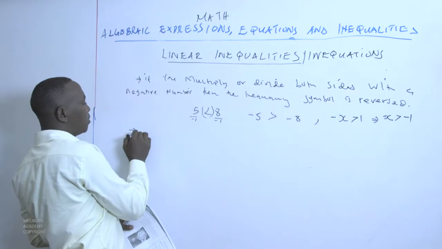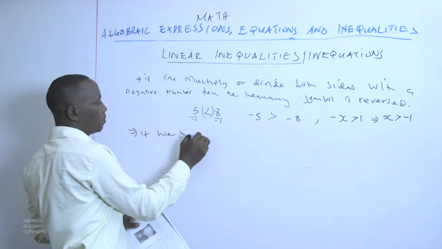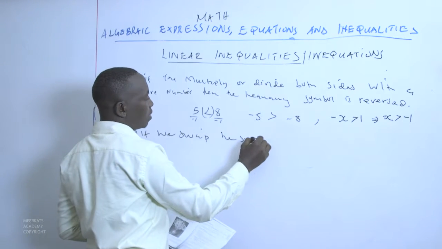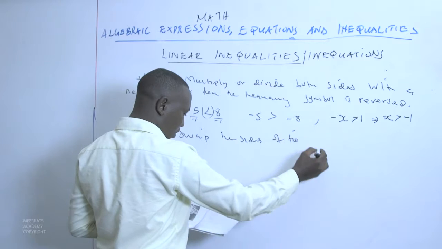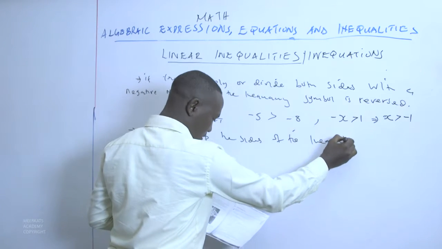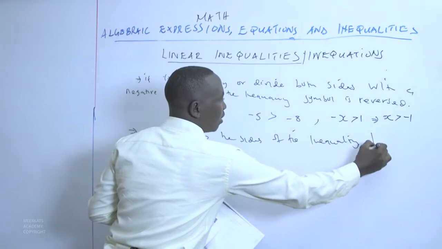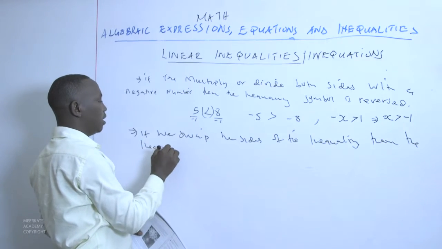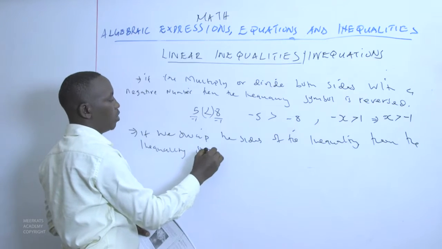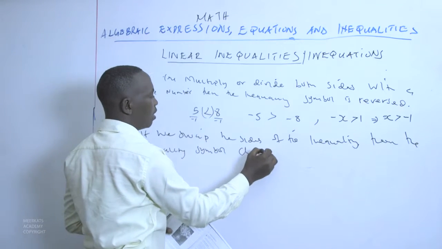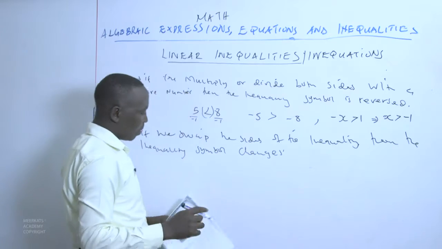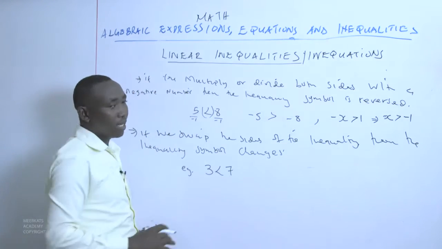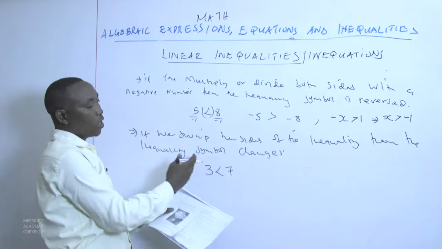So if we swap the sides of the inequality, then the inequality symbol is going to change. Example, if you have 3 is less than 7, then we want to swap these figures